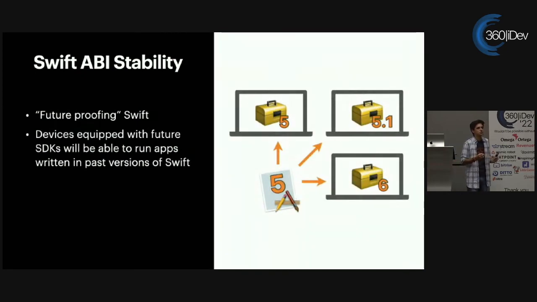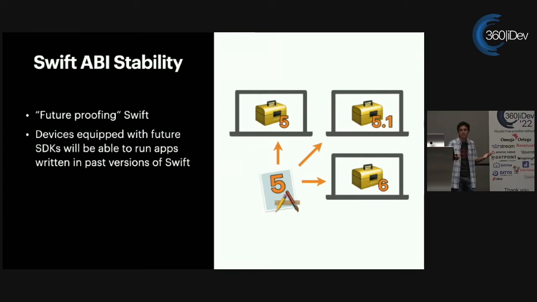What we're doing here is essentially future-proofing Swift. We are making sure that whatever version your app is running on, all future versions will support that. So let's say I have an app that I compiled using some SDK that is Swift 5.0. However, I'm now on a device that is using Swift 5.1, or Swift something in the future. Now, I'm not even going to say 6 because they kind of pulled this OSX thing where they went 1, 2, 3, 4, 5, and then just 5.1, 5.2.